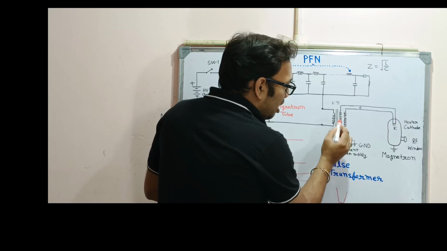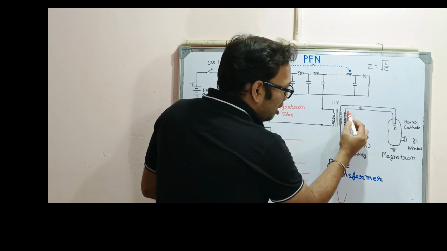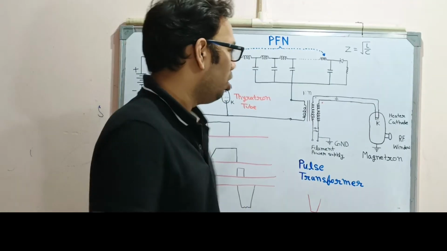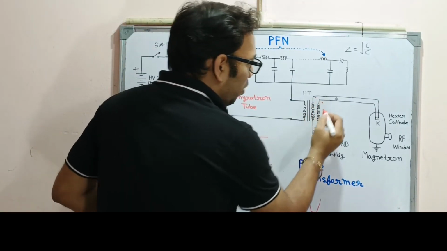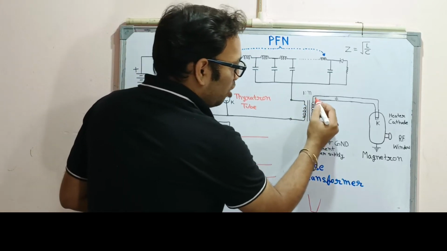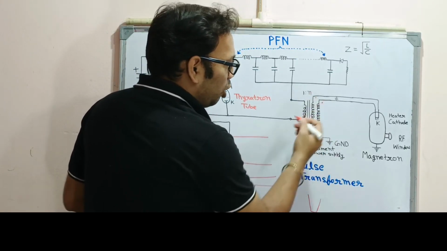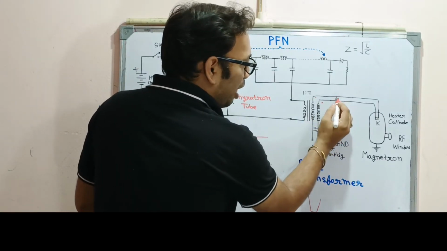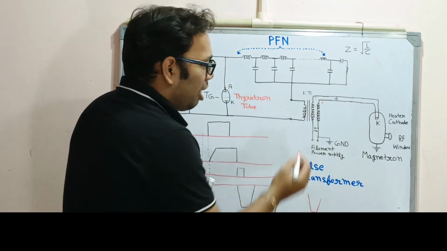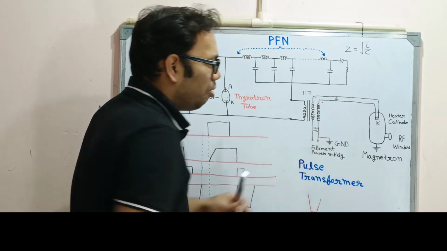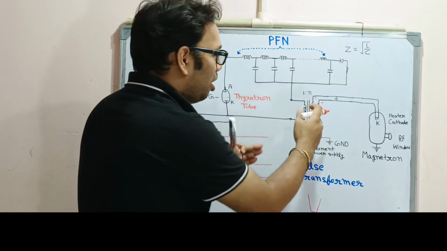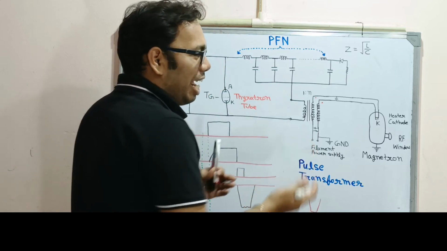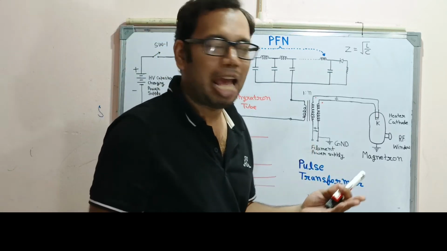In this secondary, if you see, whatever voltage is at this point, the same voltage will be generated at this point also. So both potentials are equal here with the help of this dot. If you see, equivalent potential. For the dynamic equalization also, one small capacitor will be connected to this point and here also, and a small resistor, and one cathode terminal will be made ground, so that this secondary terminal will not become a floating terminal on both sides. Otherwise we'll get a shock also, or arcing may happen.